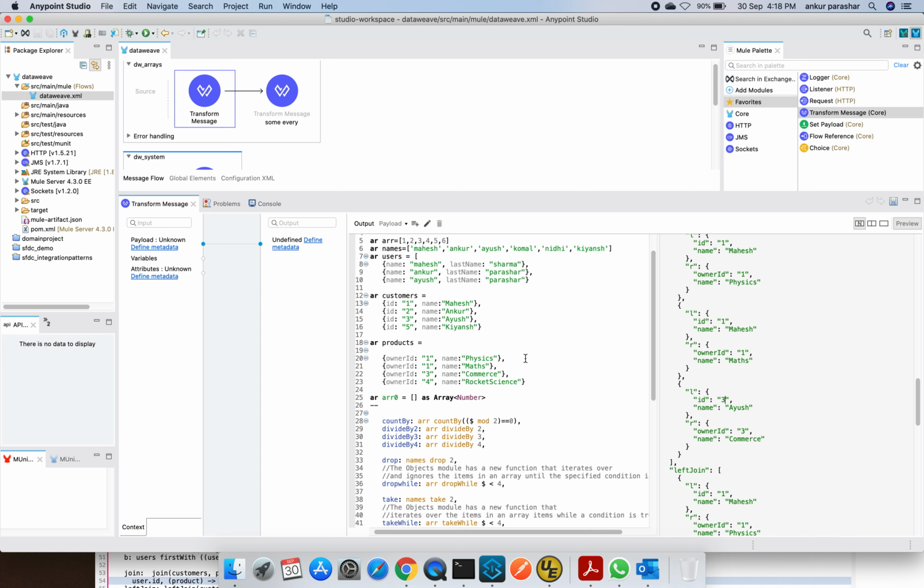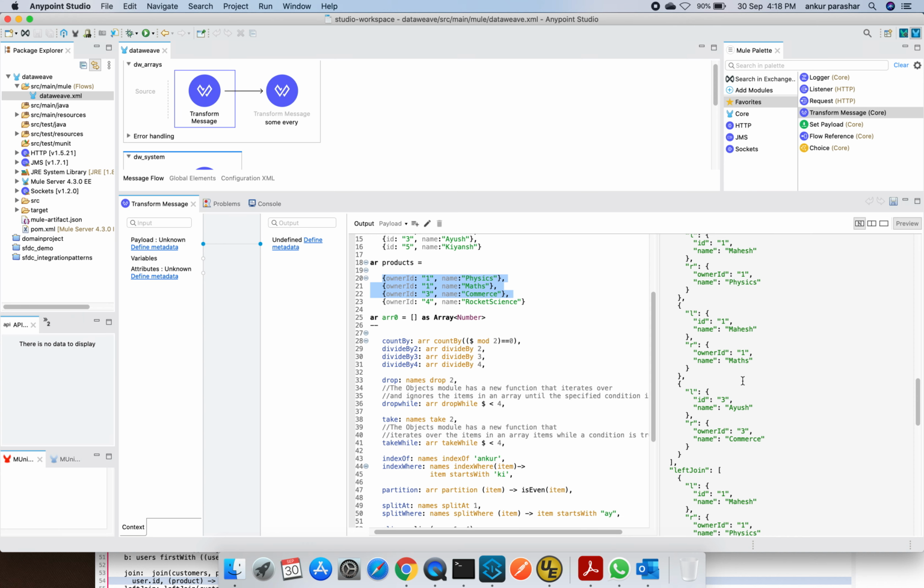And similarly, we are able to see 1 and 3. Two basically for this particular user, and for this particular user, these three are getting meshed, correct? 1, 1 and 3 subjects are getting meshed. So the same is being shown over here. That is 1, 1, 1, 1, 3.